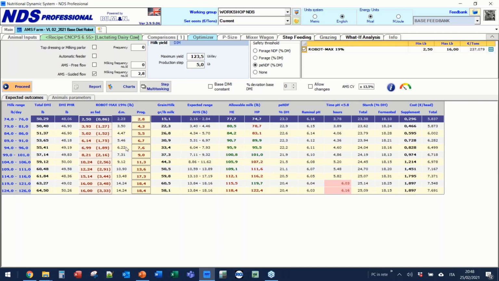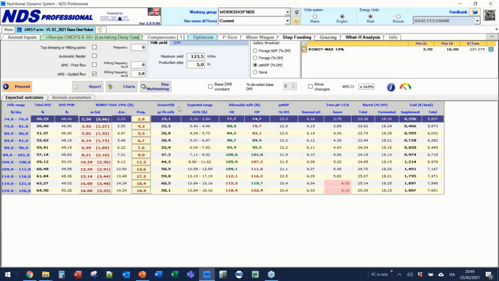So based on this, we calculate how much refusal we should expect. We add the refusal to the amount the cow should eat, and we provide here the amount of pellet we should program within the